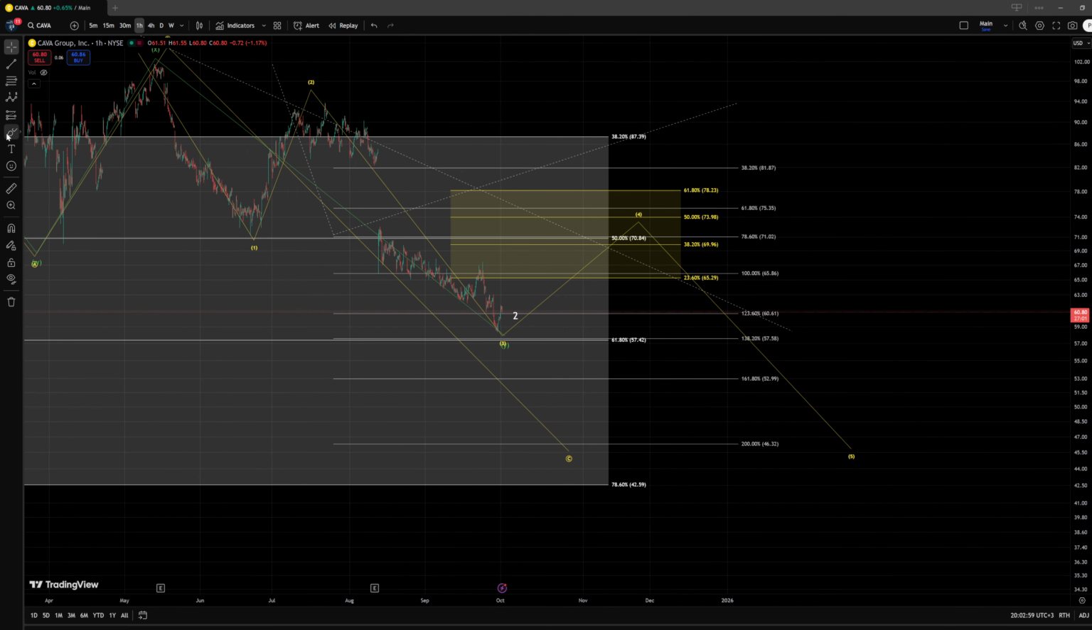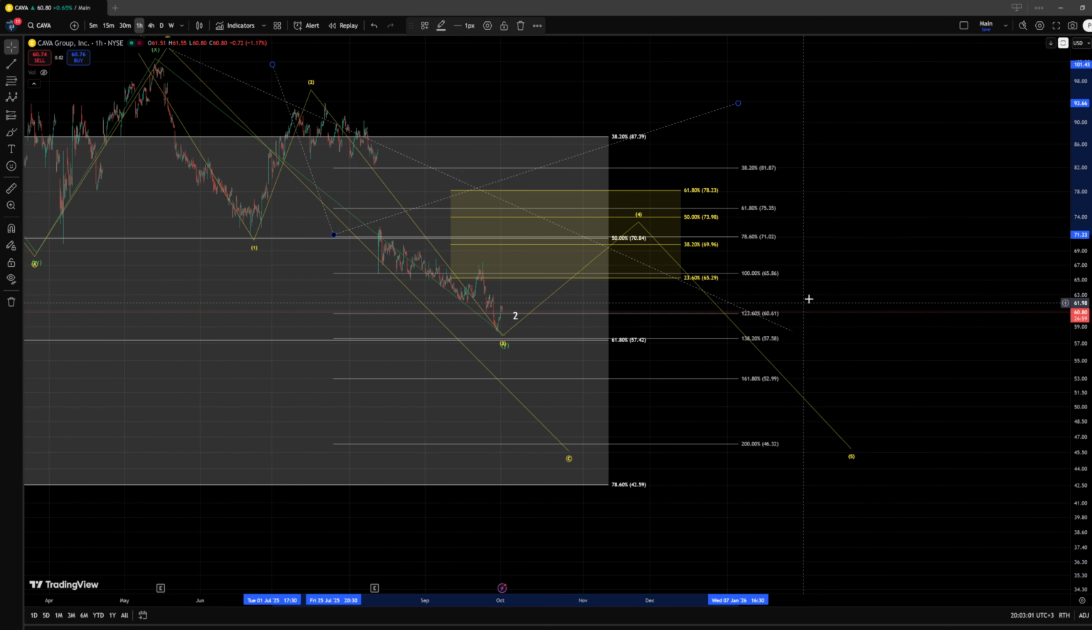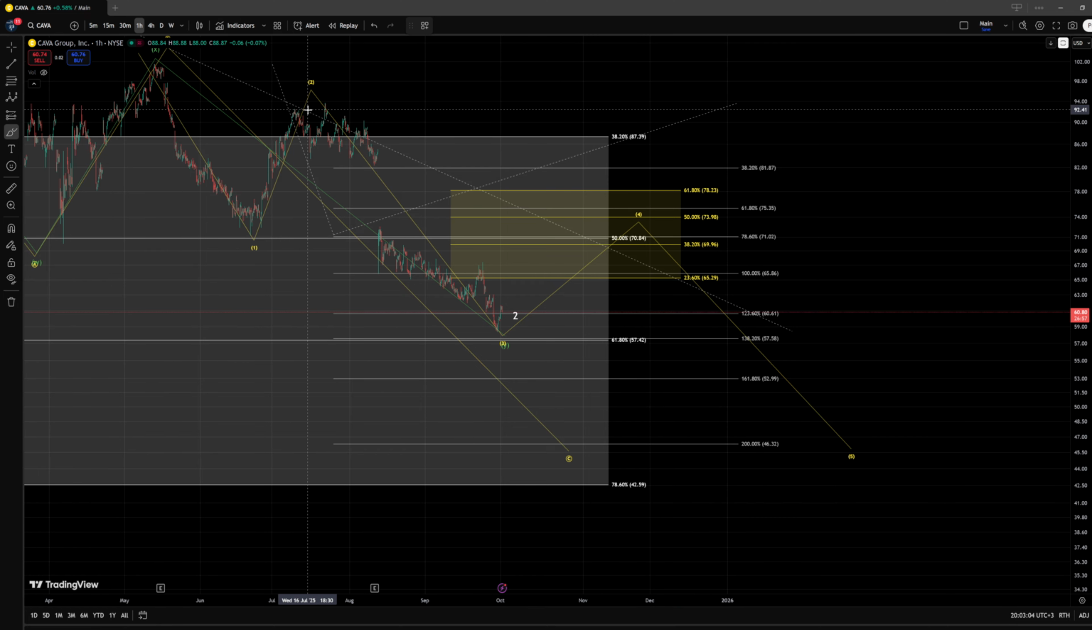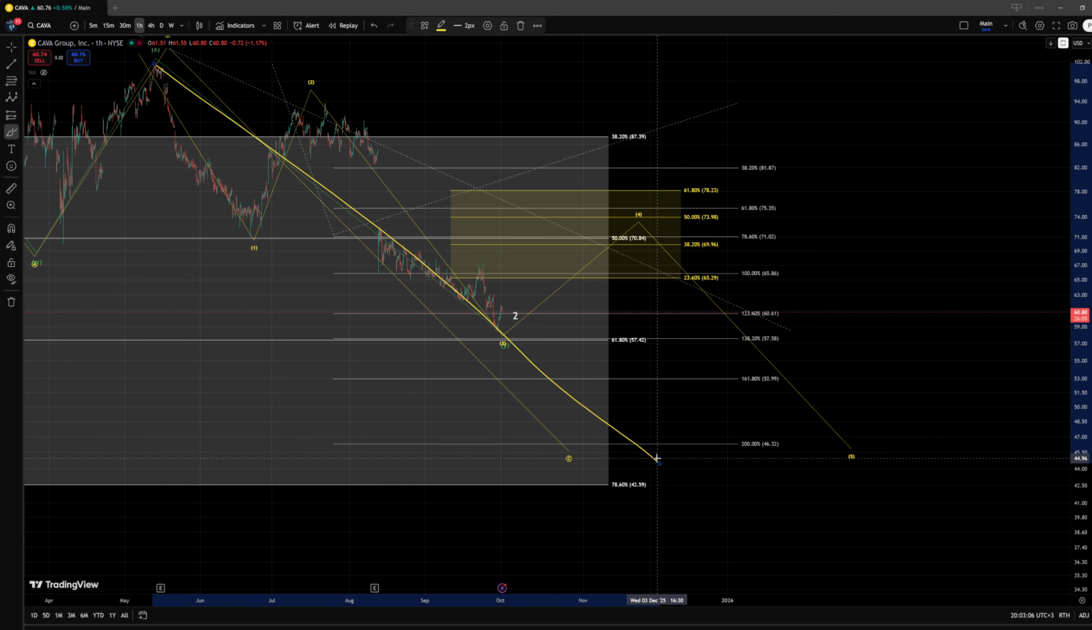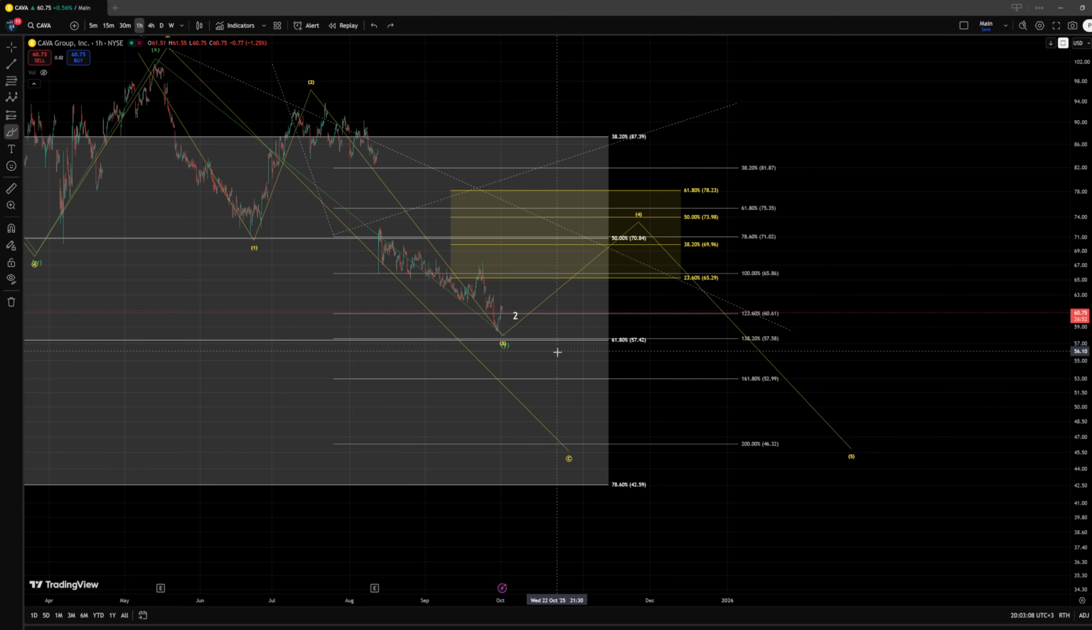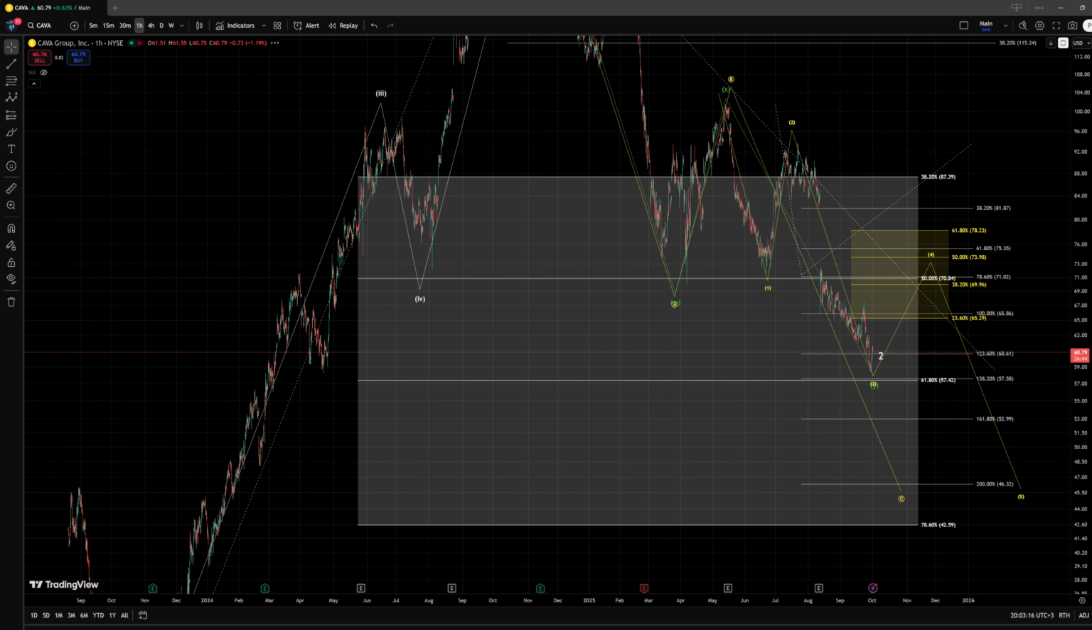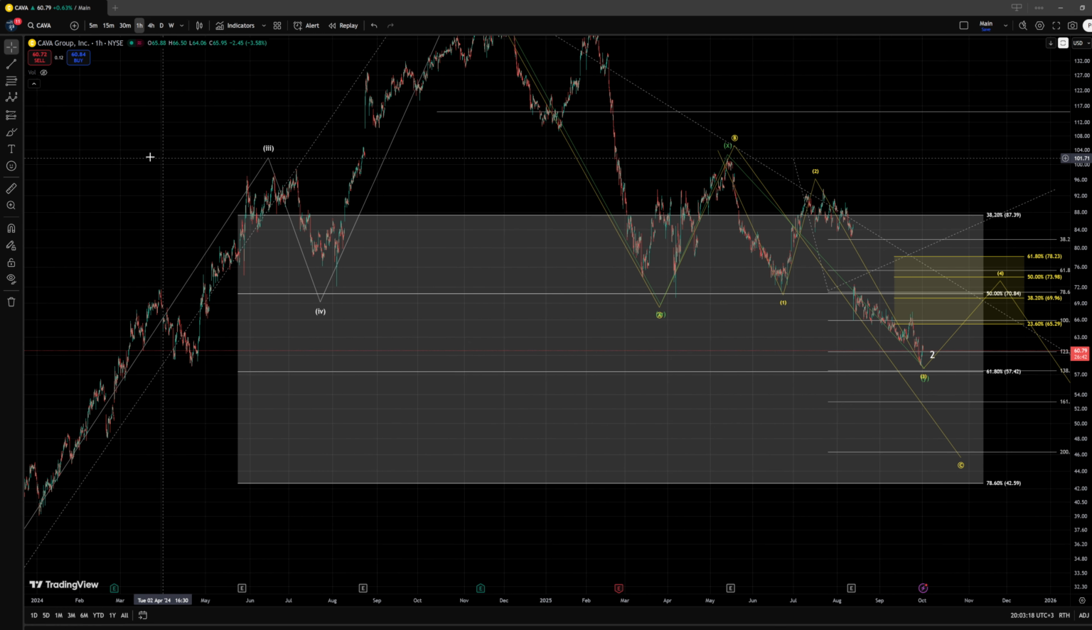And for now, since we haven't even reached the 138.2% extension, if this really is a C wave unfolding to the downside, I am still inclined to believe that we could still see another low in this area to get us to that target. And besides that, what else is happening here is that we had the structural support in